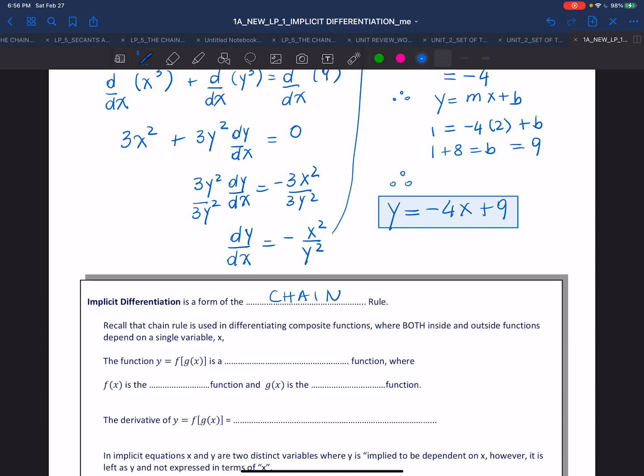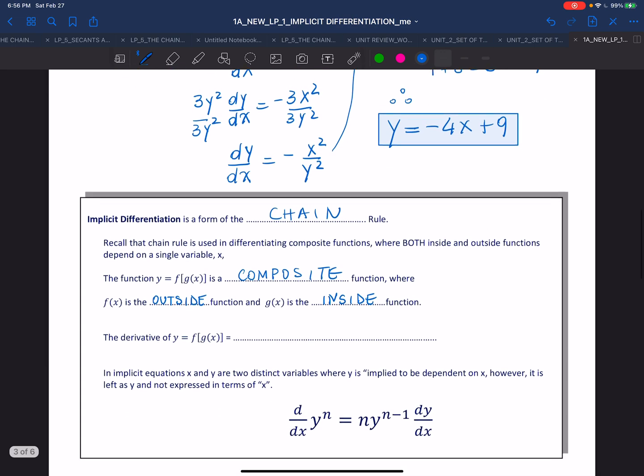And recall that the chain rule is used in differentiating composite functions where both the inside and the outside functions depend on the variable x. So if y equals f of g(x) is a composite function, where f of x is the outside and g of x is the inside function,